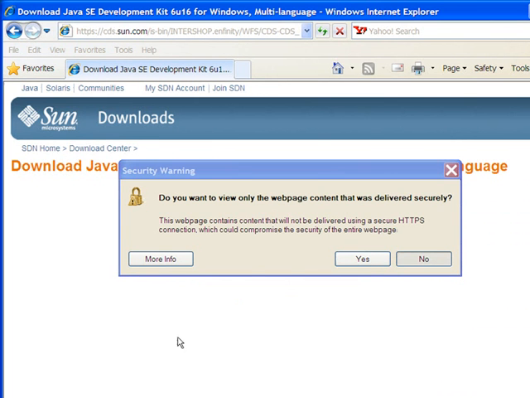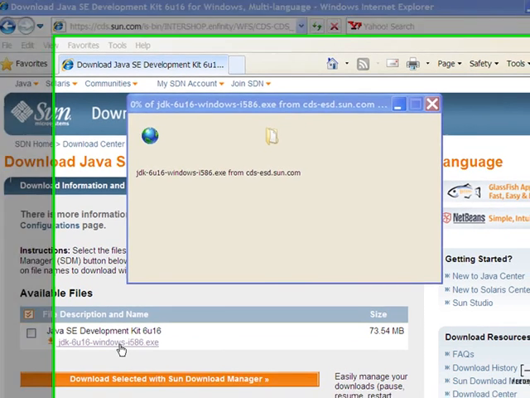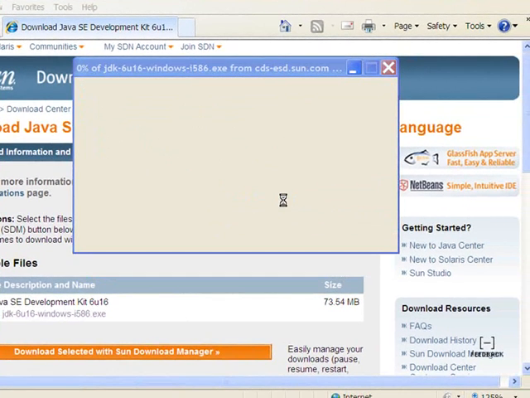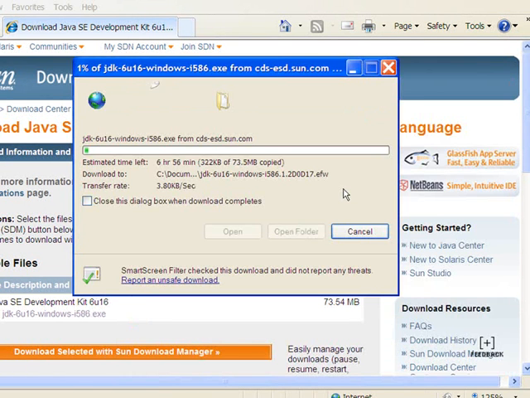This download is about 73 megabytes, and it's an executable. So save this to someplace where you can find it. Probably the desktop would work well. My desktop is pretty messy, but at least you have a chance of finding it. And that 70 megabytes will take you a little while, but this is an